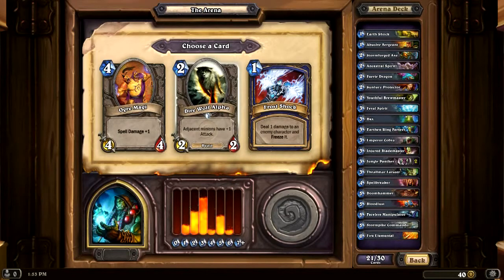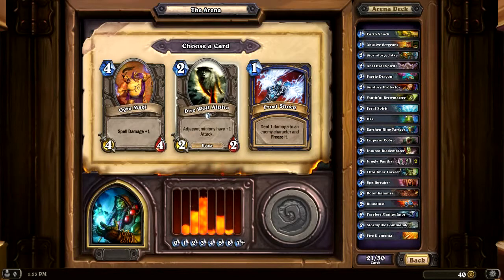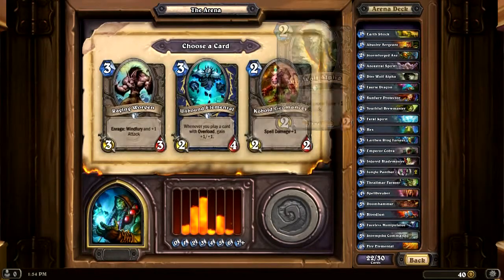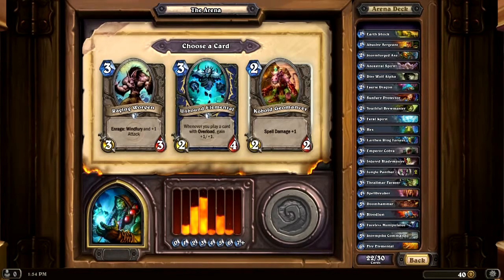Direwolf Alpha, +1 attack to adjacent minions. Deal 1 damage to an enemy character. I'm going to go with Ogre Mage. I kind of want to go with that just because of the buff it gives. Okay, I know I told you I wasn't going to get any more 3-cost cards, but